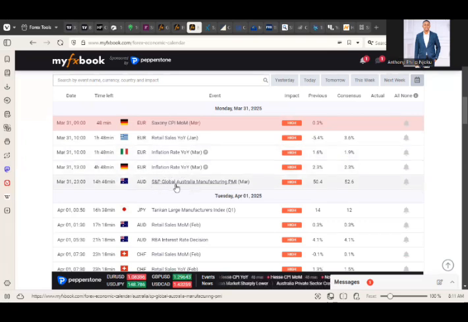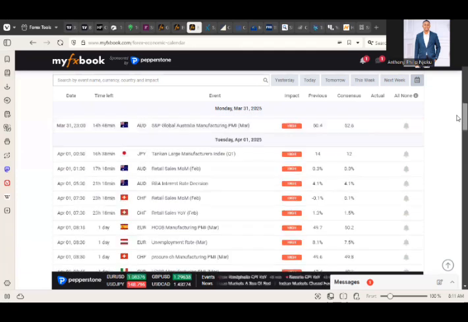Then we come over here, S&P Global Manufacturing PMI. It has to do with the cost of production in Australia. This one is happening by 11 p.m. West African time in the evening. If you have a figure higher than 52.6, it is good for AUD. If you have a figure lower than 52.6, it is bad for AUD. This could be the trigger. The market works with price and time. This could be the trigger of liquidity into the market to push AUD/USD to the upside, like we anticipated in the technical chart. So this works hand in hand.